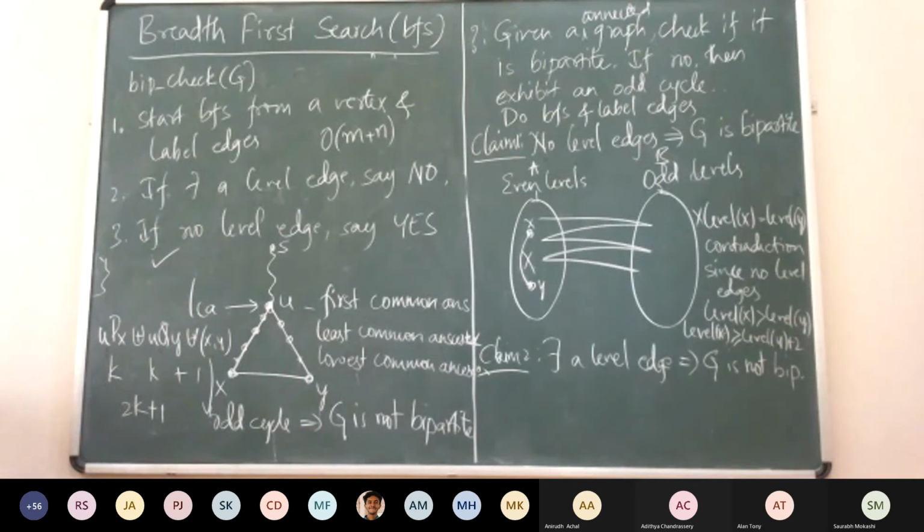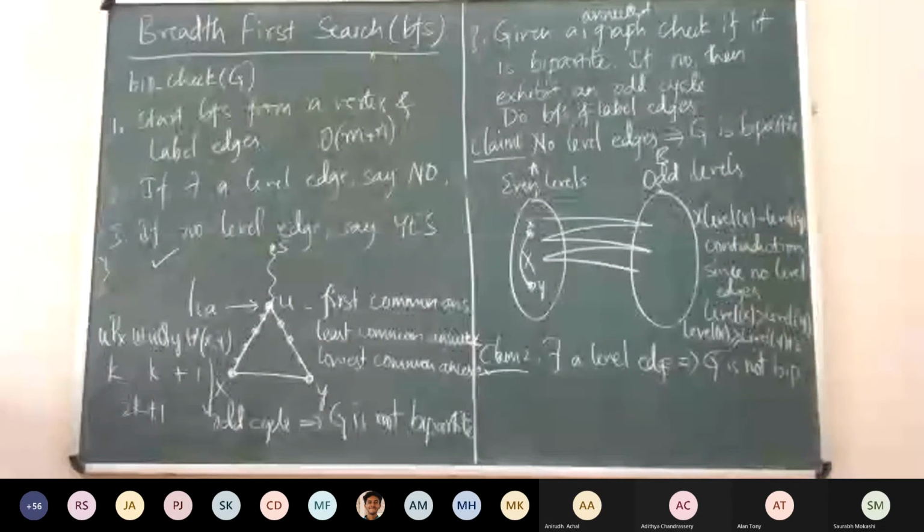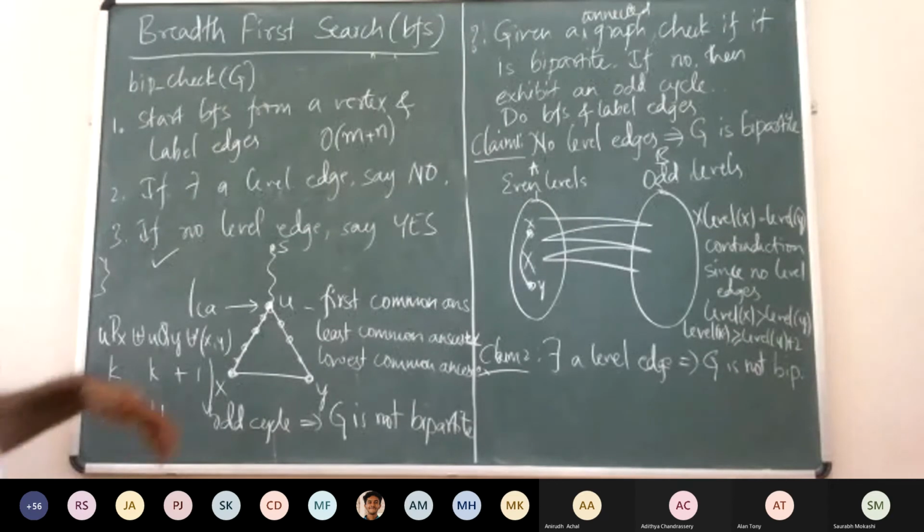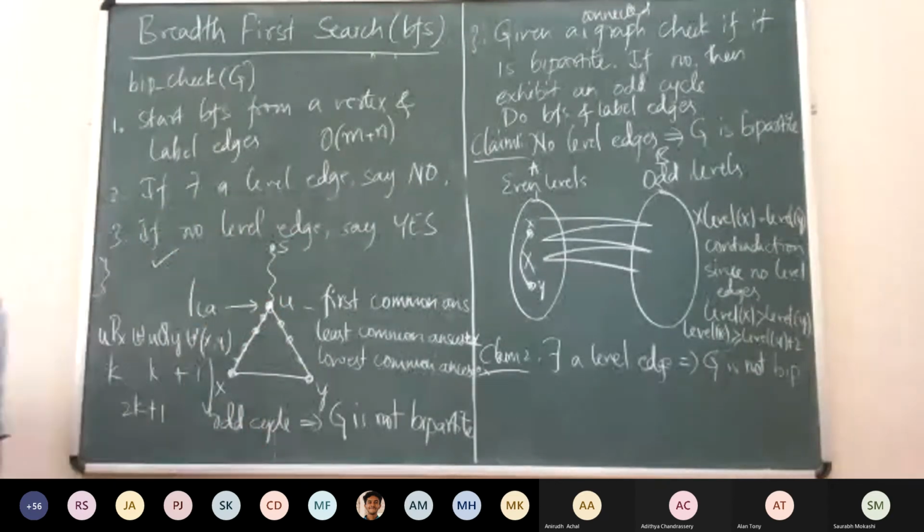I want you guys to get into that process of trying to come up with an algorithm. Basically that is what you do: you check the correctness. If something goes wrong, you go back and tweak something there and try to correct it. You will keep on getting different ideas. Now how do you prove it? This is one idea which Anirudh gave.